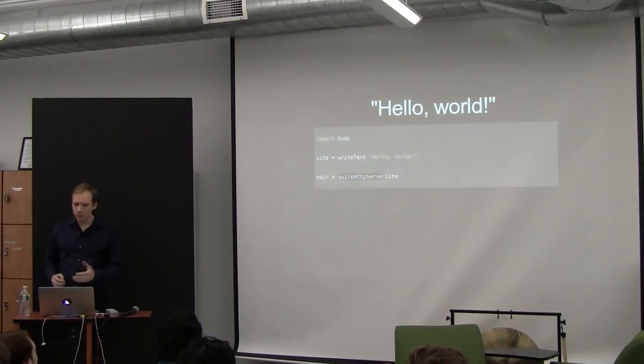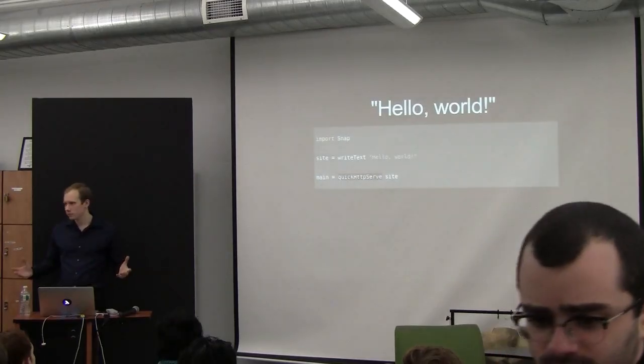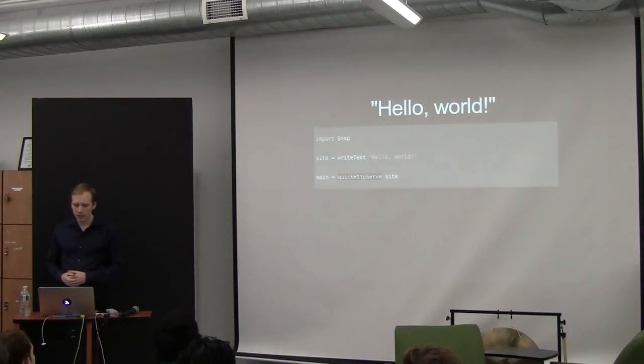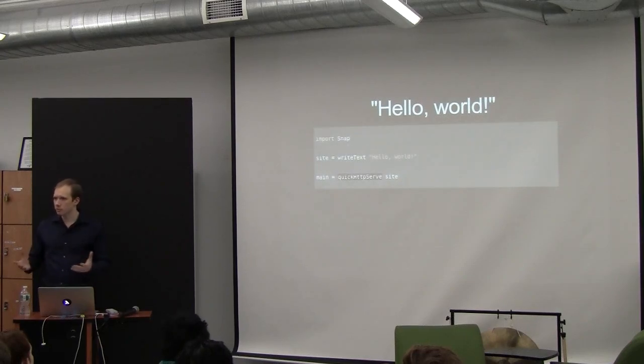And then the Snap framework provides us with this quick HTTP server, takes our site, serves it. Anytime an HTTP request comes in, it invokes our site handler, and it just sends that text that it would normally send. And so this is the simplest possible website that you can write in Haskell with Snap. And I'm going to show you how to build this all the way from where it is now into basically a sort of a bit.ly clone, a URL shortener. All right, so